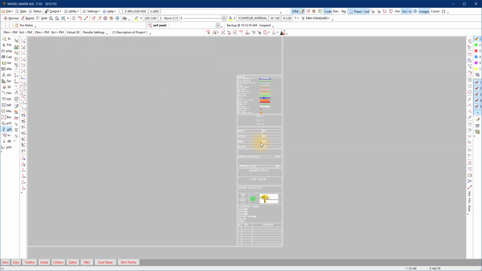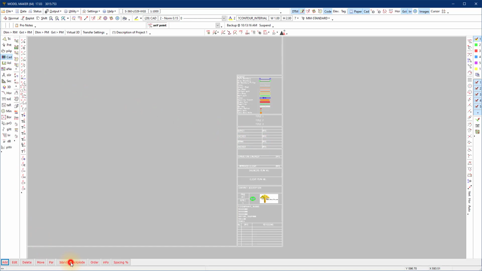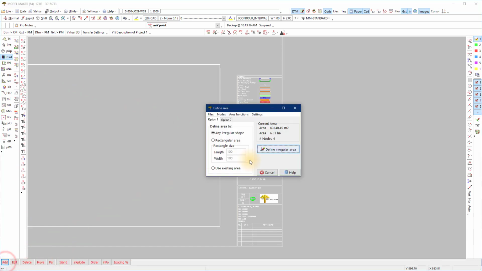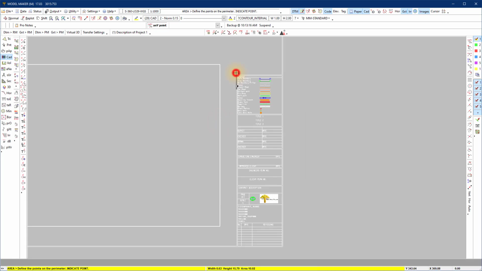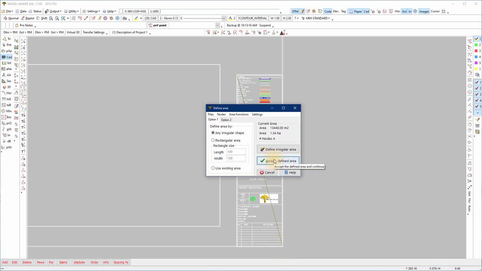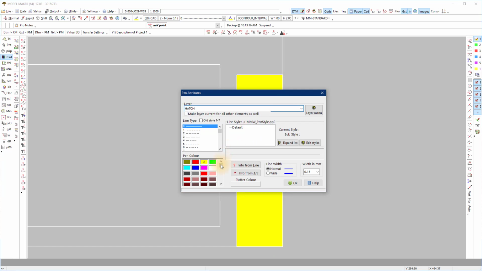Next important step is to add a white hatch on the title block area, with a pen that plots white, in this case pen 255.